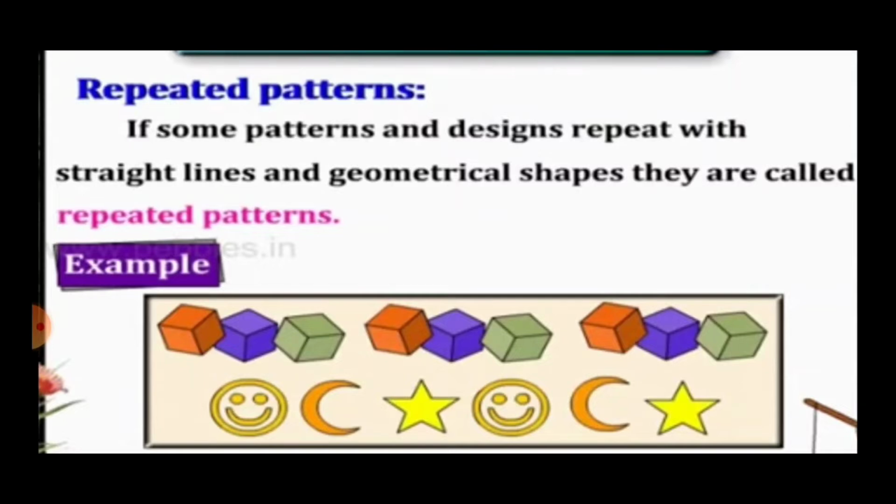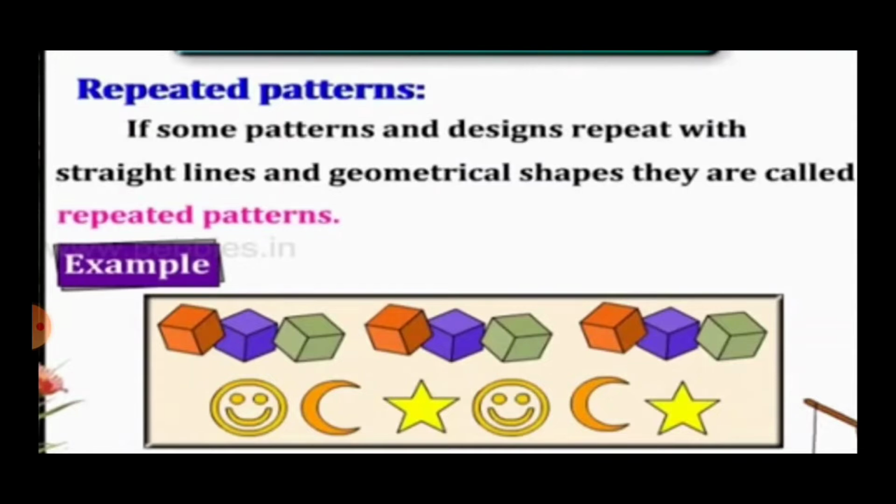So the boxes are arranged in a particular manner, that is orange, purple and green, and you have 3 boxes each. So it is repeated again and again. There are no boxes increasing or the color pattern is changed. So this is called a repeated pattern. You can see the objects smiley, a moon, a star,